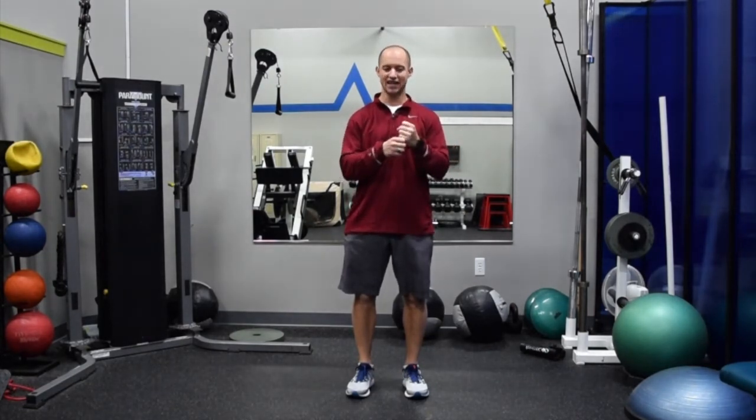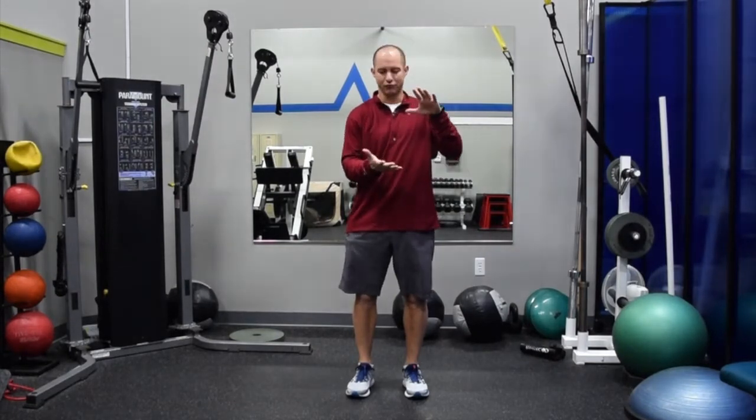Now, the fifth and final exercise in this progression is what's called ankle hops or pogo jumps. Again, very interchangeable as far as the name. A lot of people call it different things. But like I mentioned in the introduction, the Achilles tendon's prime function is to store and release energy. So we're looking at elasticity and that ability, almost like a spring, to compress and then contract and snap